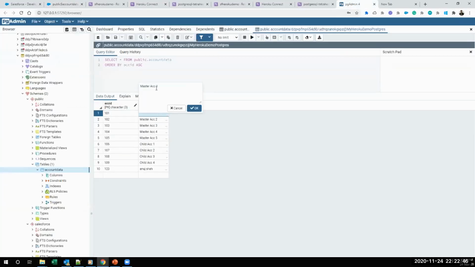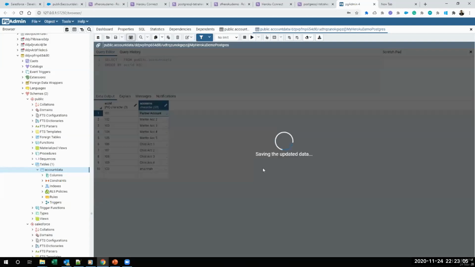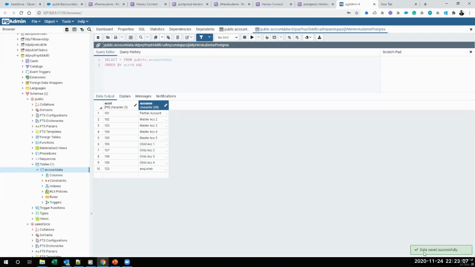I'll make it master account 1, instead of that, I'll write something else. I'll click OK. Now it is not yet saved to the database. I have to save to the database. So here is a button, save data changes. I'll click on that. It's saving to the database. Data successfully saved.